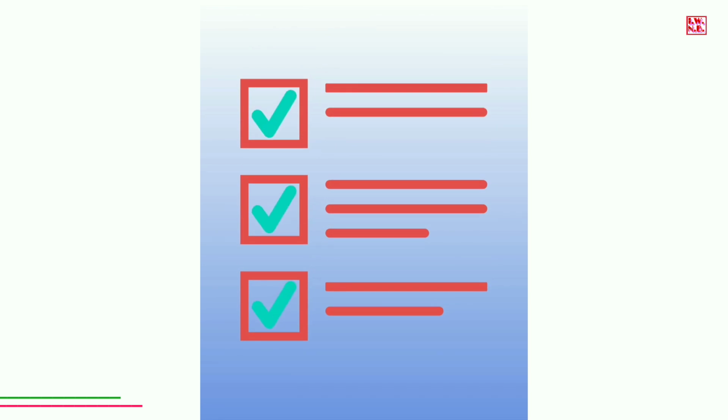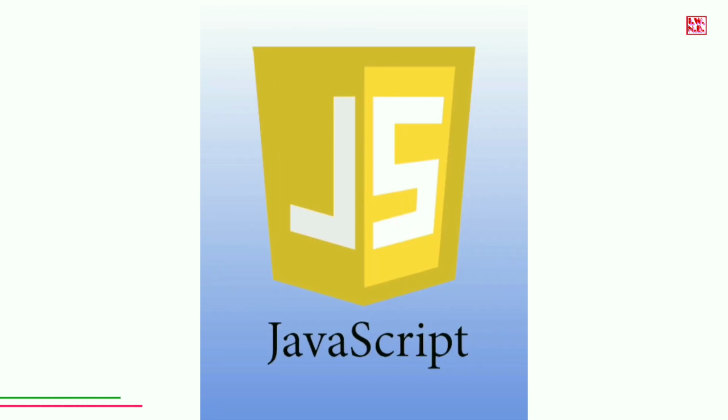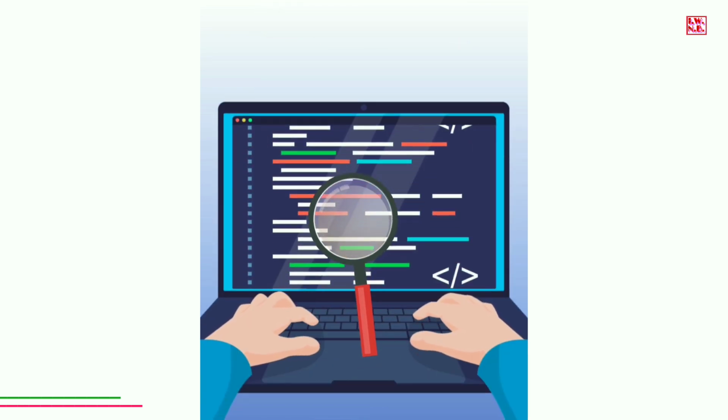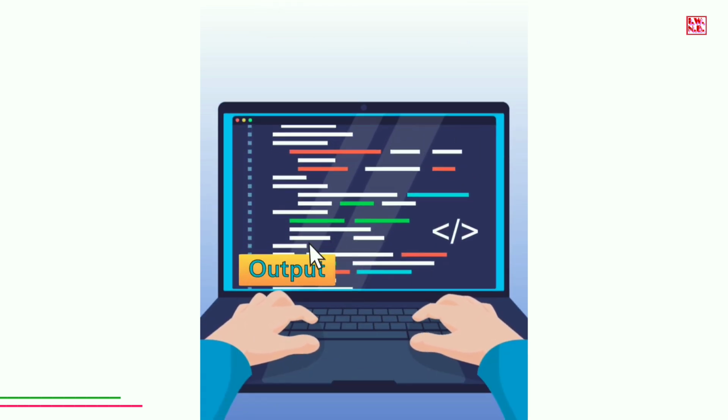Well organized and easy to learn. Such are the features of JavaScript. Here we will try and understand how the computer translates our code and provides us back with the useful output